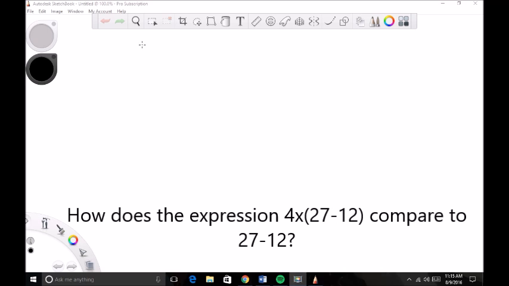All right, the question here is, how does the expression 4 times 27 minus 12 compare to 27 minus 12? So the first step, we'll say step 1, is we need to see how these expressions are the same. What do both of these numeric expressions have in common? They both have